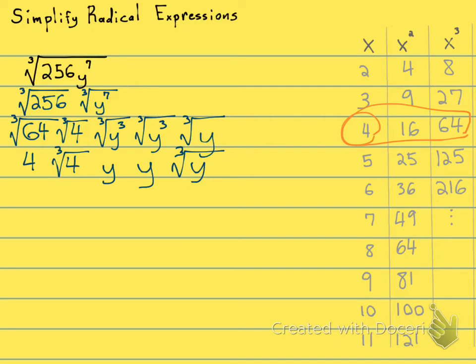Okay, and now we just need to put them back together. So outside of the radical, I have 4, and then these 2 y's are going to give me y squared. And then inside the radical, you know what, let me move it down here. I'll just make a little space. 4y squared. And then inside the radical, this is a cubed root, I'm going to have 4 and y. Okay, so this is your answer. Let me show you another way to do it. If you understand that, you can stop the video now. If you want to watch another way to do it,